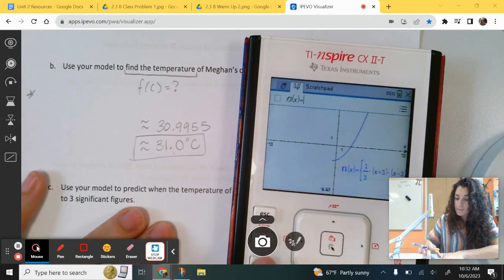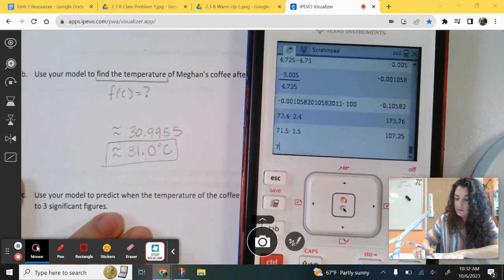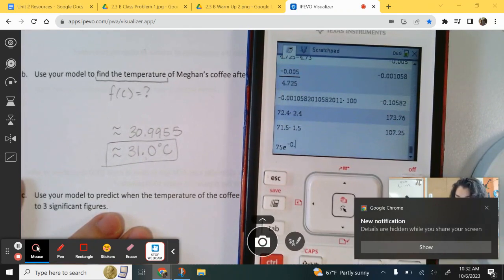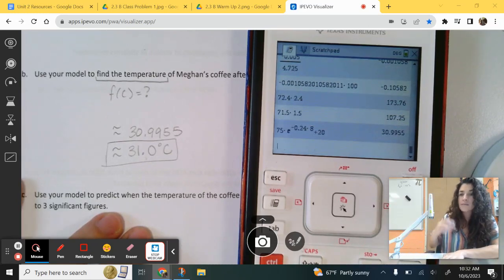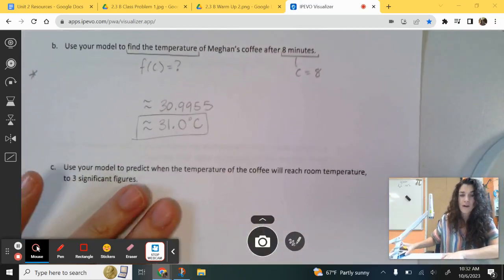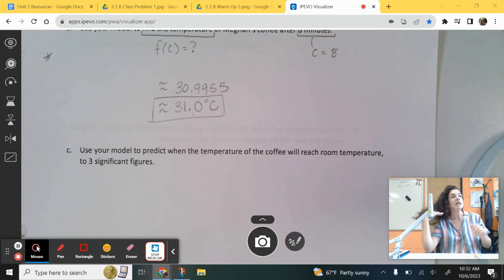graphing calculator, you could do this on your scratch pad and just do 75 e to the negative 0.240 times 8 plus 20, and then you can get more decimal places than your graphing calculator. Okay. Use your model to predict when the temperature of the coffee will reach room temperature to 3